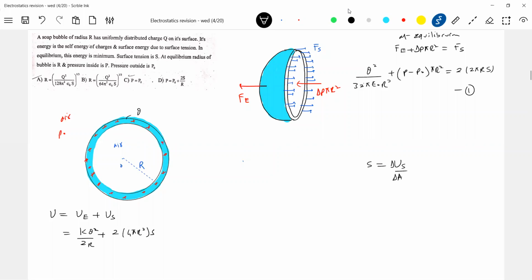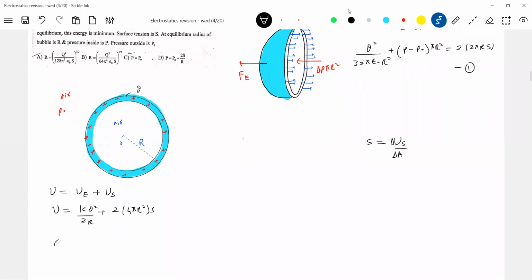Can you remember this formula? So therefore, what is surface energy equal to? Surface tension into area, 4 pi r square. Why 2? Because 2 surface areas are there. Into this one. Okay, let's do du by dr. We'll differentiate this, equal to 0. So we'll get an expression for the radius.